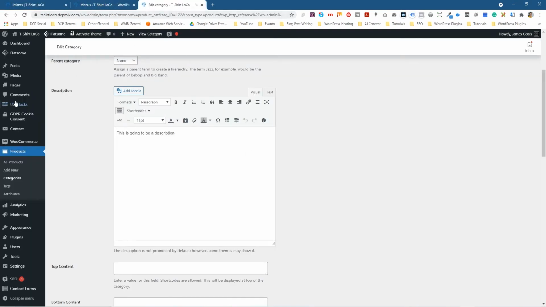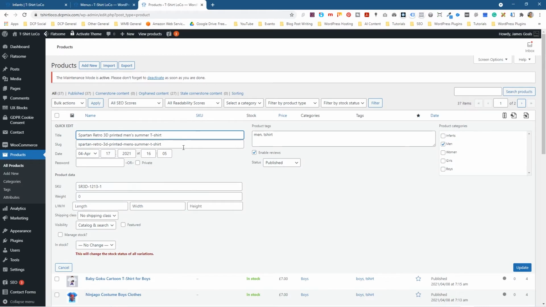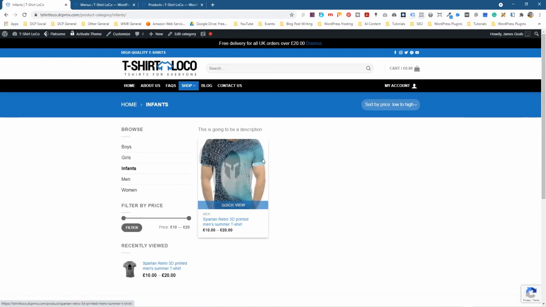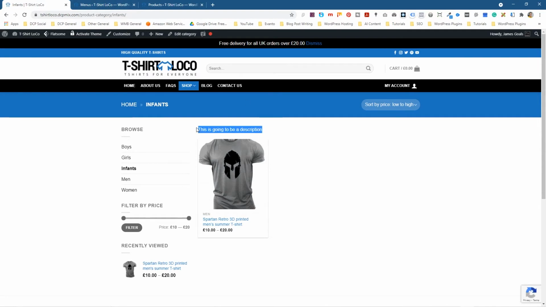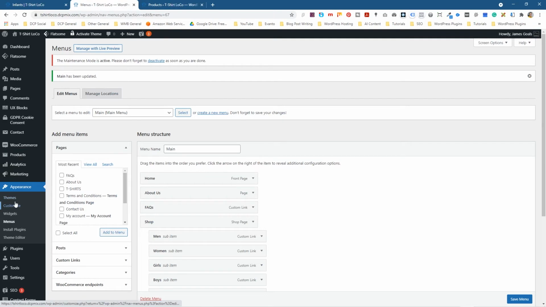So if we were to go back to our products here, and as an example, I take this product, do a quick edit and change it from men's, or we can leave it in men's. I'm going to add it to infants as well, to two different categories. Now if we refresh, we should see that product listed there, and we just got a little description written across the top. To be fair, this description should have been a bit longer,